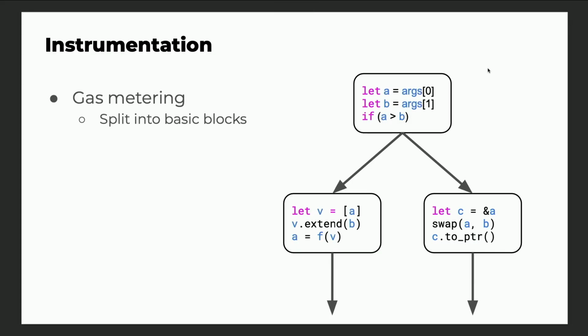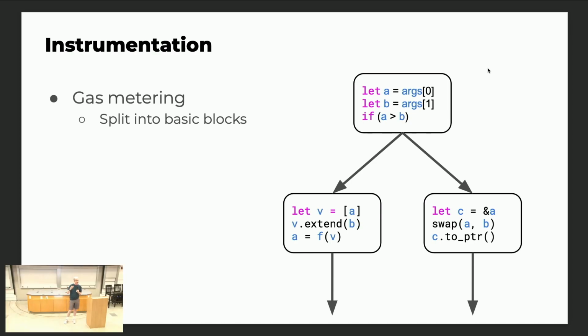Okay, so let me dig a little bit more into the technical details of how this works. In order to do this, we need to make sure that we don't break any of the properties that Ethereum already provides for running contracts, which are, of course, untrusted user code. One of the things that we need to support is gas metering. We need to do gas metering in a way that's equivalent to Ethereum, or that is compatible with Ethereum, meaning that the gas that we charge to a contract is actually commensurate to the resources that it uses. So, for example, we need to provide metering of the execution gas of programs. So how do we do that?